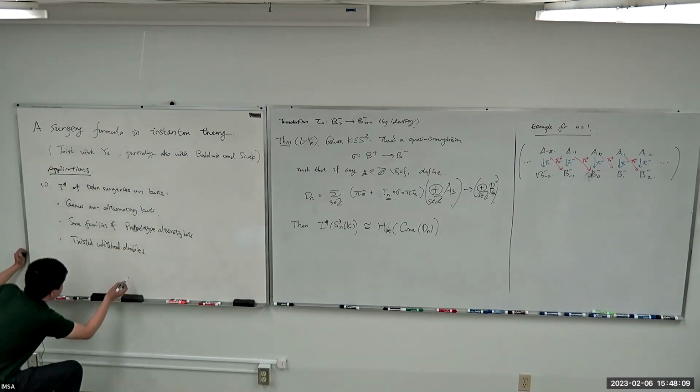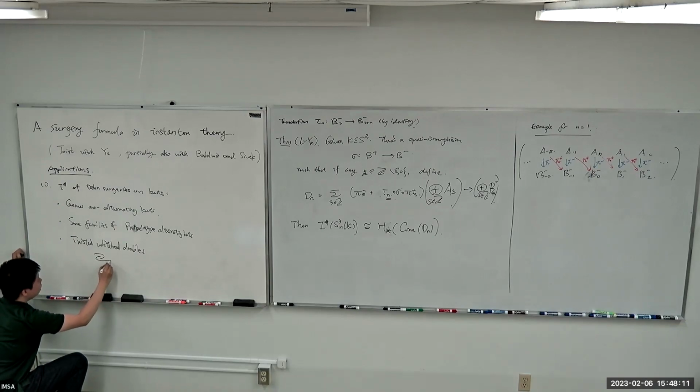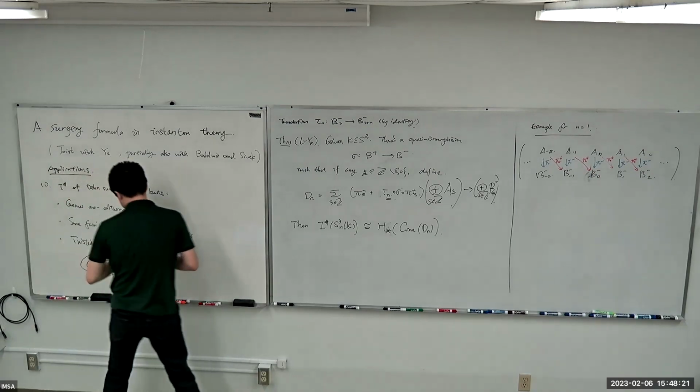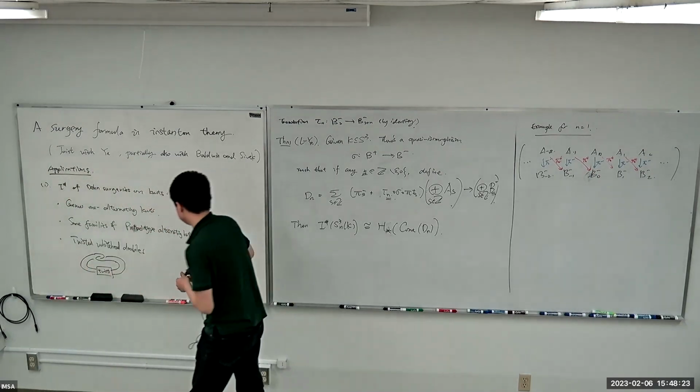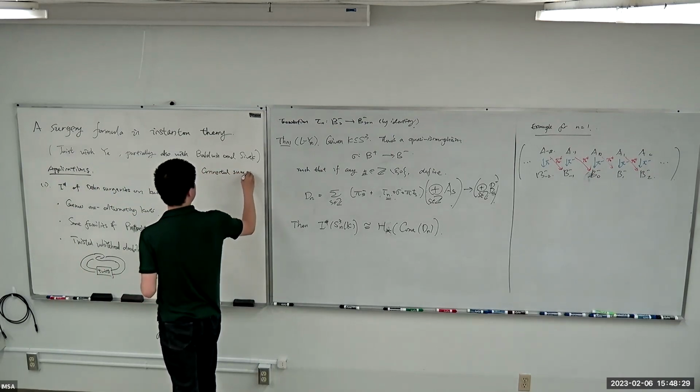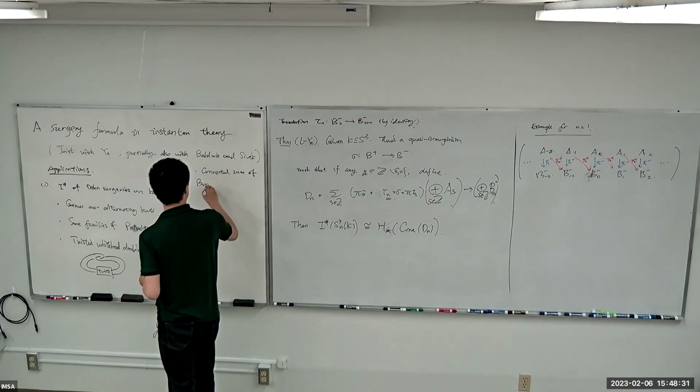This is like we take the satellite operation with this pattern. Here's the twist. So we take this as a pattern and then take the satellite operation. And also this Borromean knot